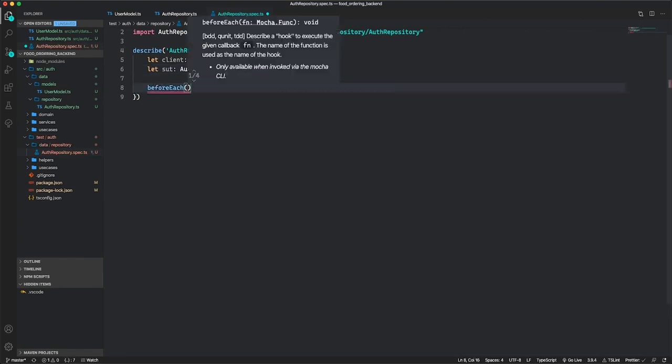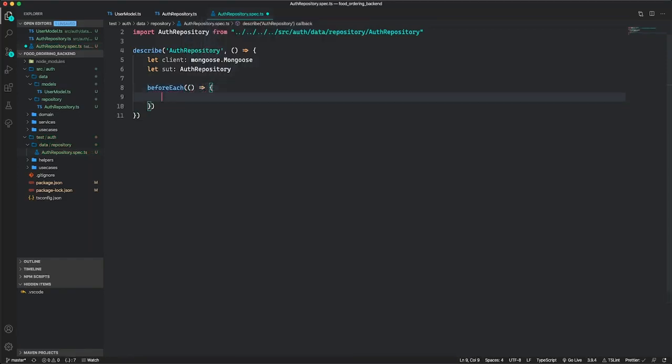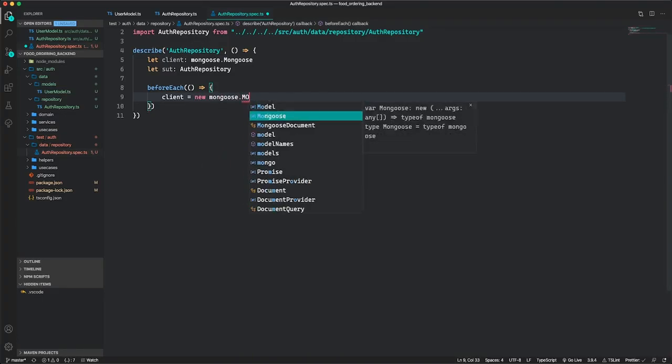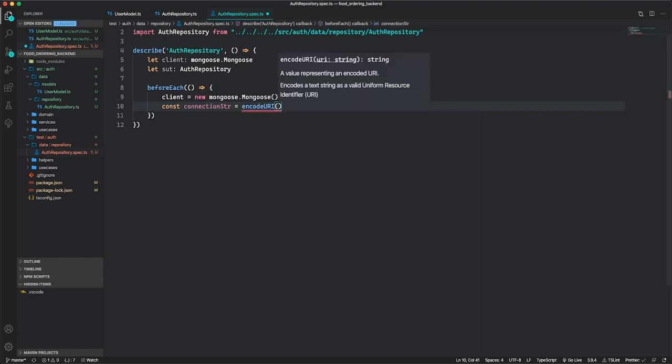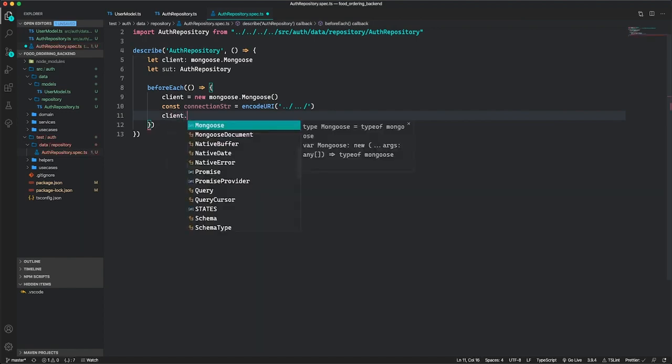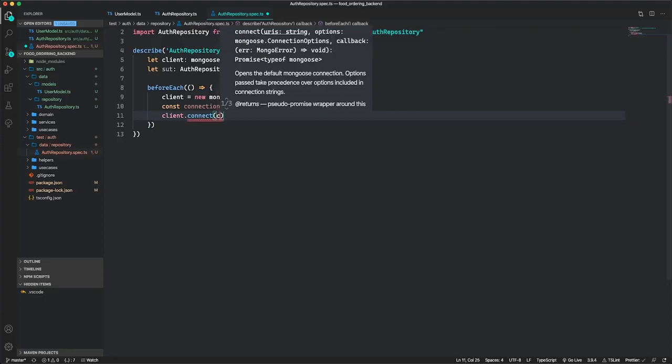So before each test, I want to set up my dependencies. So I'm going to say client equal new mongoose client, I'm going to say the connection string to the client. I'm going to use encode URI just in case there's any special character, and you'll pass in the connection string here, and then we would say client connect, and we'll pass in the connection string